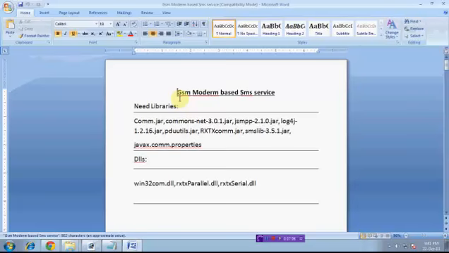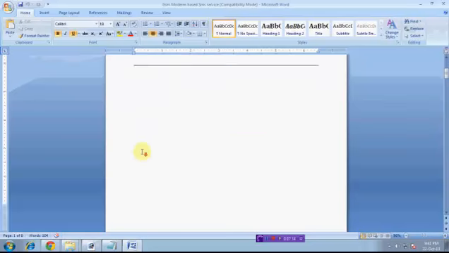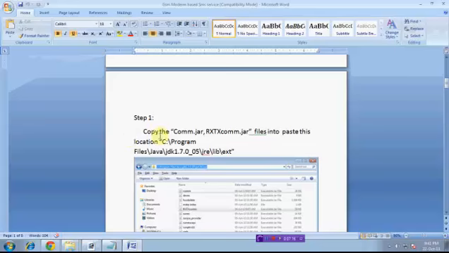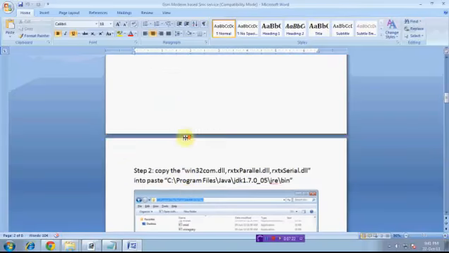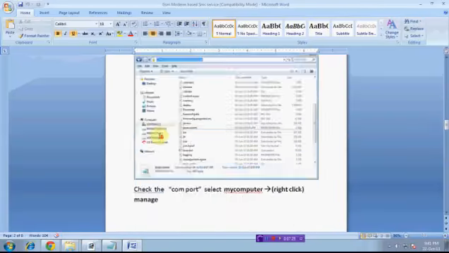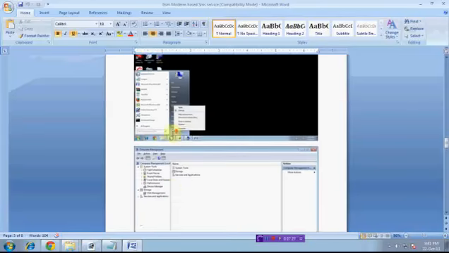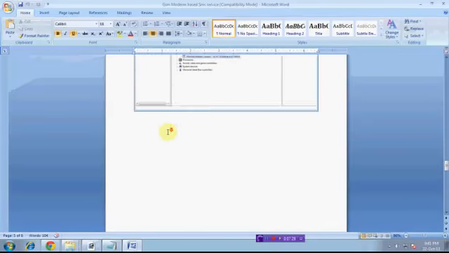So for the GSM modem based SMS service, these files are compulsory for your SMS sending options, and DLLs also. In this Word file it is clearly written what the steps are to integrate your GSM modem into your applications. So first go through your readme files. After that you can go to